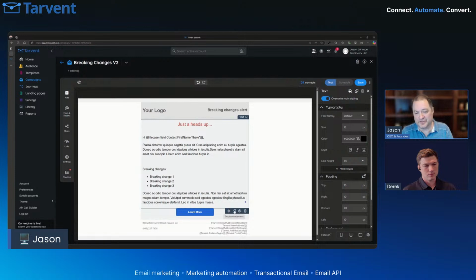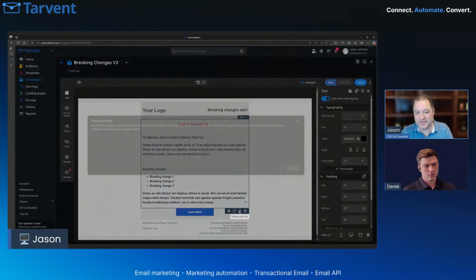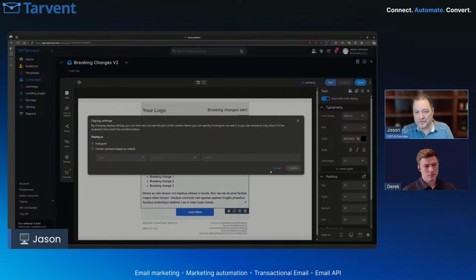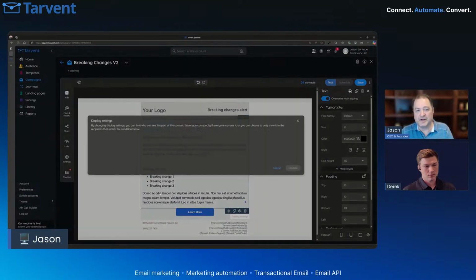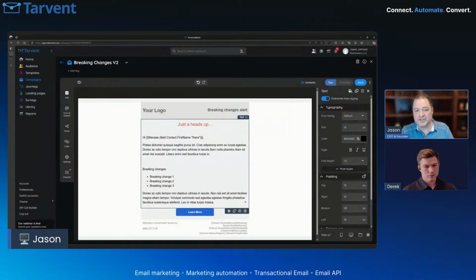I guess the only thing I'll show you quick, because this one is really easy, is you could put in rules for this content. For this particular block of content, I can just put in display rules and say display it for everybody, or add a condition so that only if that condition is met, it will display that content. So you could do that on any chunk of content.